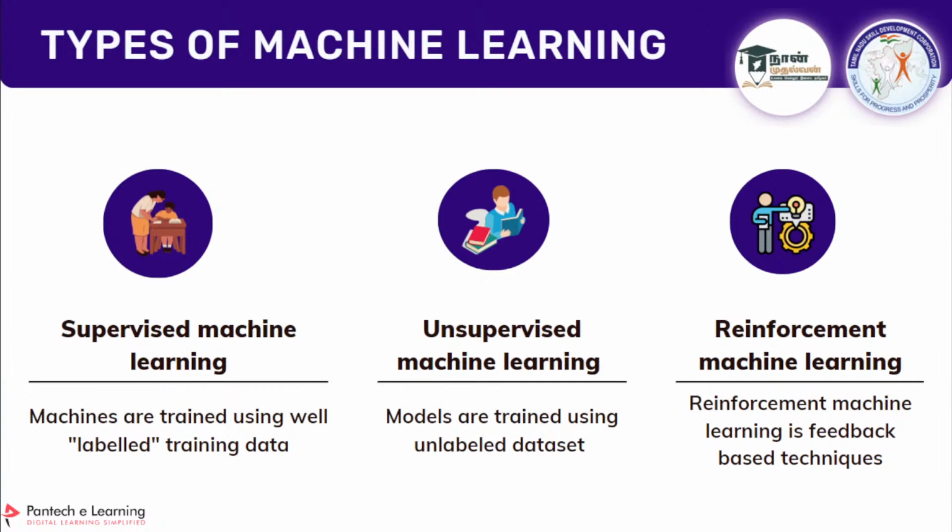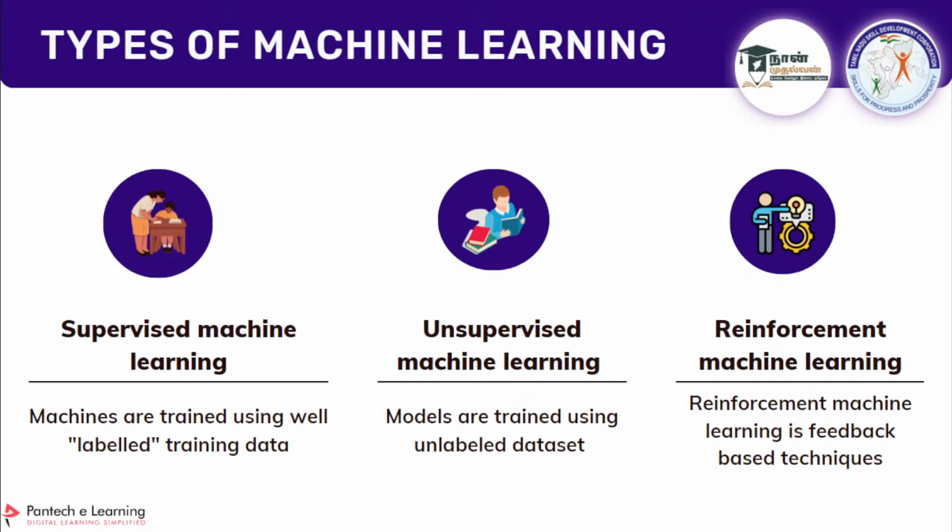When you go for unsupervised machine learning, models are trained using unlabeled data. There is some difference between labeled data and unlabeled data. I'll tell you what it is when we actually see it. Whatever you have seen till now is mostly labeled data. For example, with labeled data the machine will know this is the prediction, this is the output. For example, we have seen the diabetes dataset, right? And the heart dataset, where we have a target, either 0 or 1, either heart disease is present or absent. So these are the labels. We'll be giving the label separately so that it can map the output.